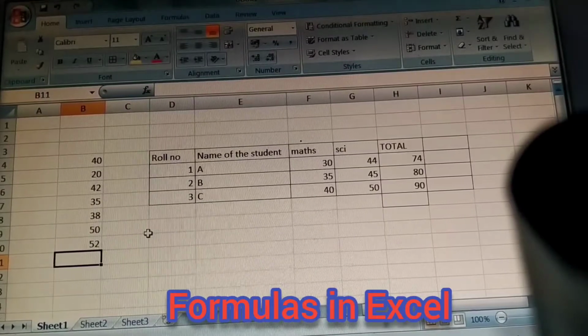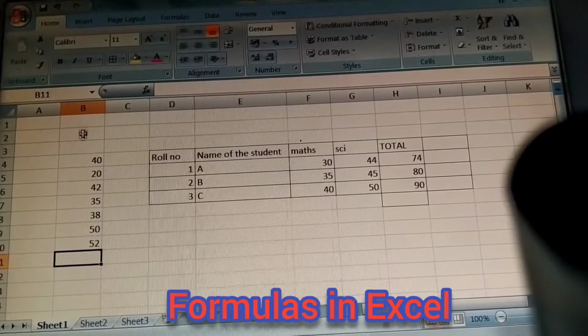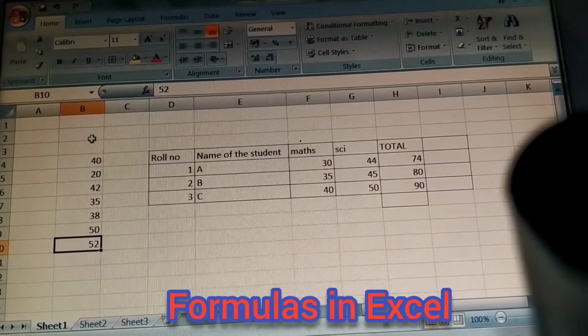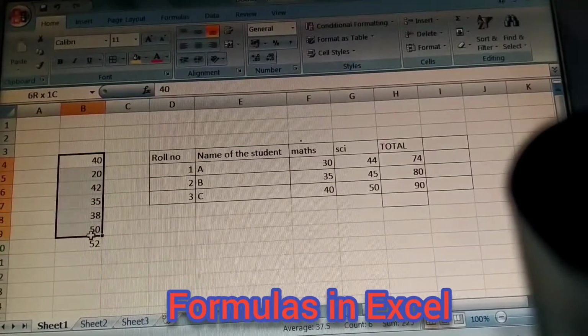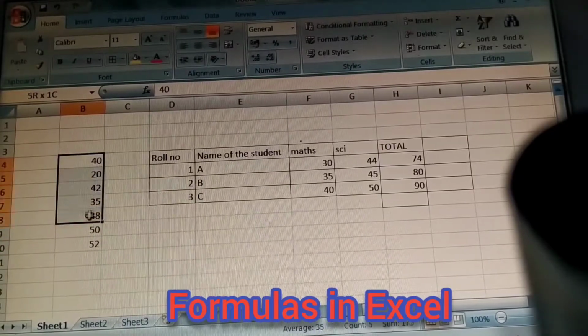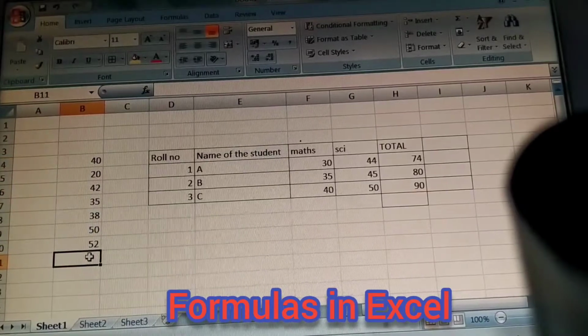Range means what? We are selecting multiple cells. Suppose for example, starting from B4 to B10 I type some numbers, some marks. So this total marks we have to calculate, we have to make a total.